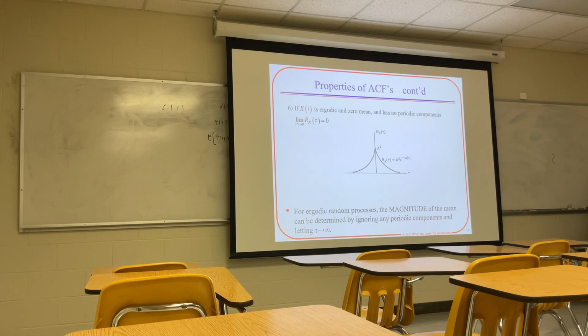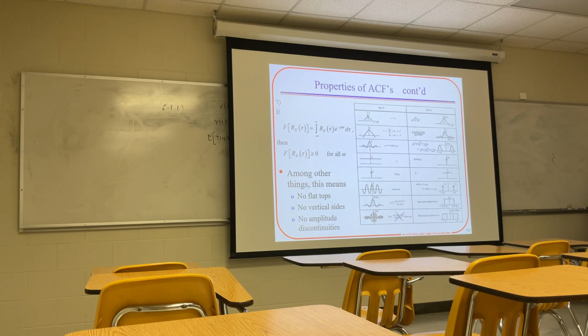Now, for ergodic processes, the magnitude of the mean can be determined by ignoring any periodic components and letting tau go to infinity. Specifically, the value you will get is the mean value squared. And then we take a look at properties of the autocorrelation